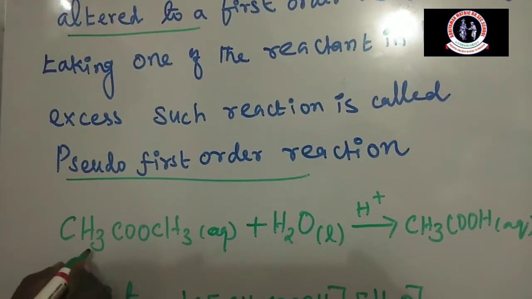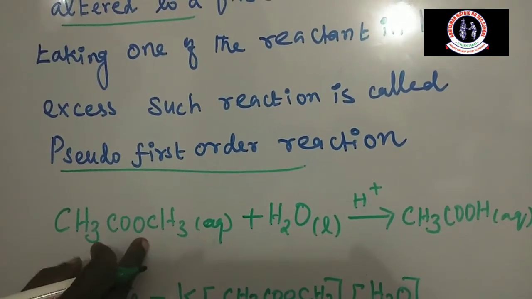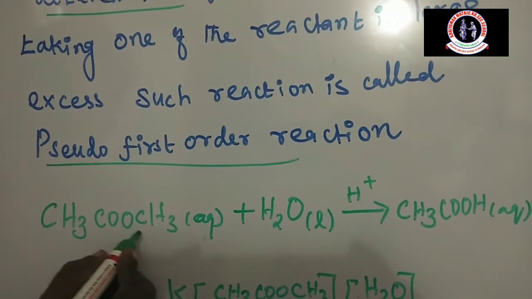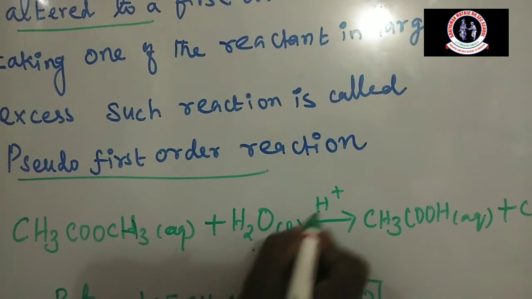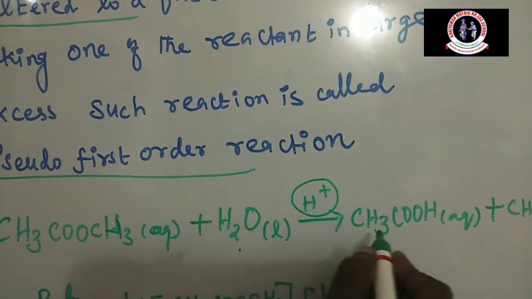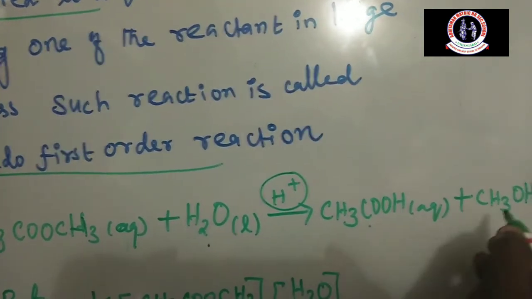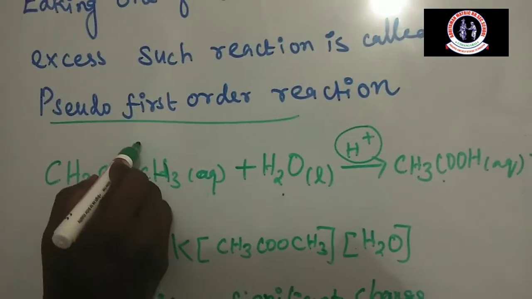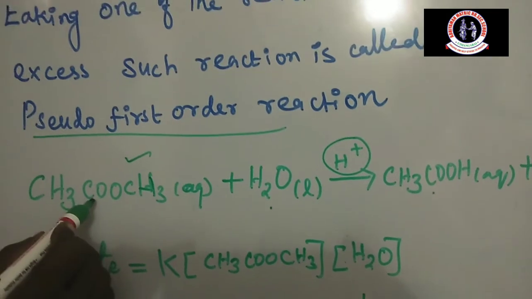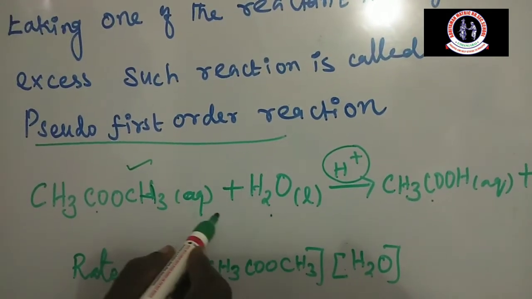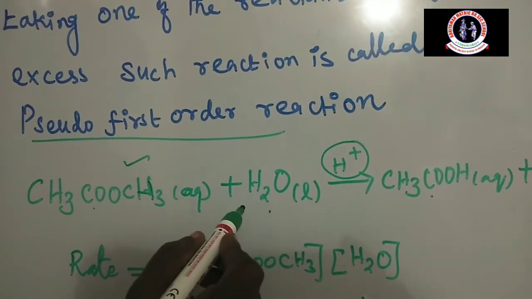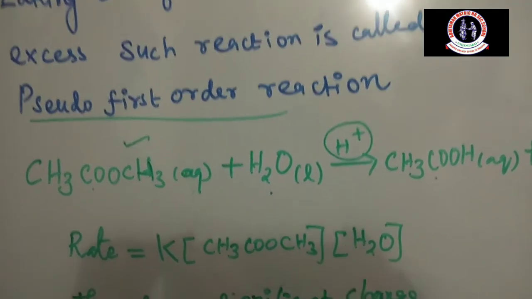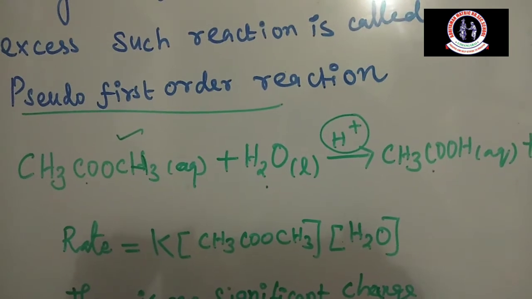Example: methyl acetate, CH3COOCH3. Methyl acetate undergoes hydrolysis reaction in acid medium to give acetic acid and methanol. Here two reactants are there, methyl acetate and water. Here water is in excess amount in the reaction, but there is no significant change in the concentration of water